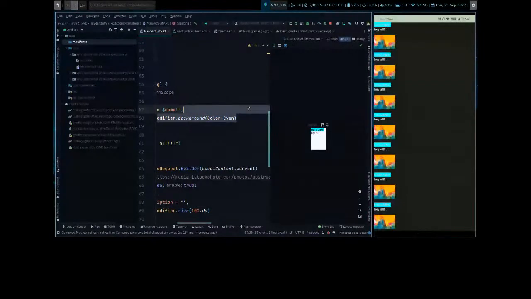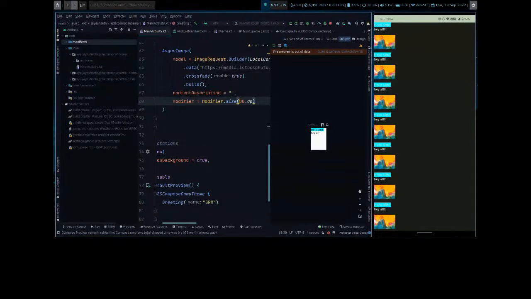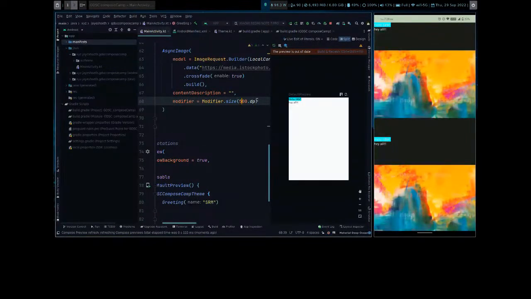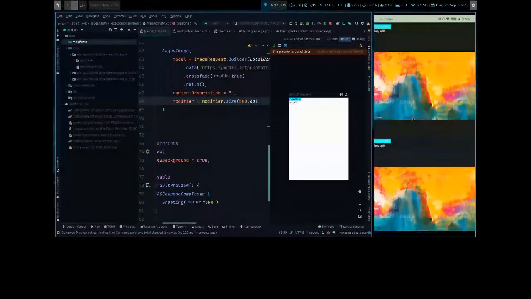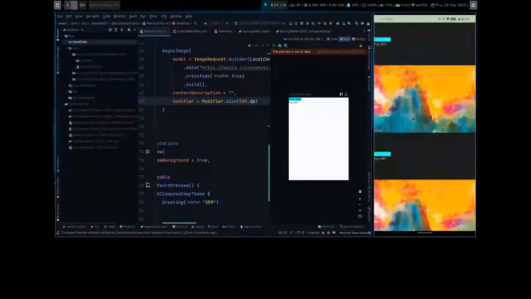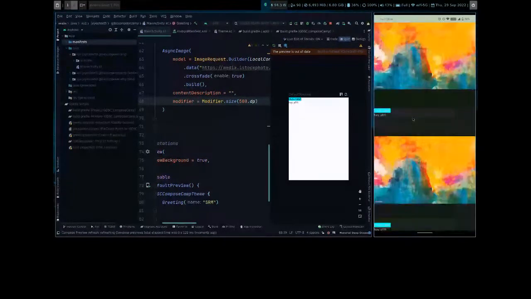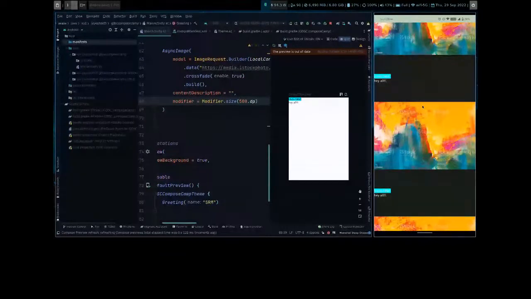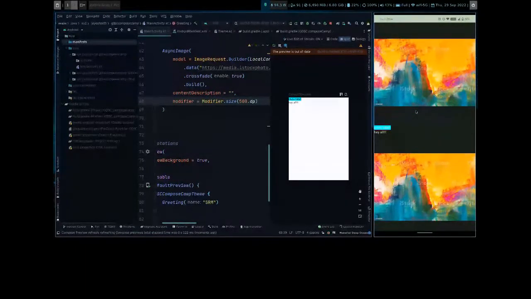Now we will remove this modifier here and then increase the size to 500 maybe. You see, the image is being loaded here. Now if you scroll, there are multiple items in the list. Everything is being fetched from the internet, and your screen only shows these two images. So only these two images will be cached on your phone currently.